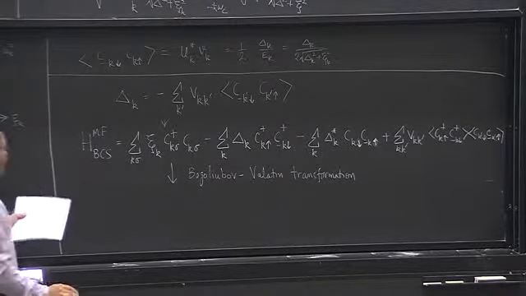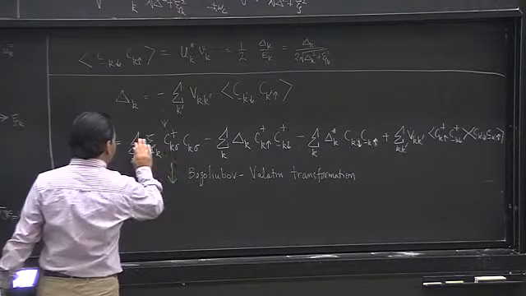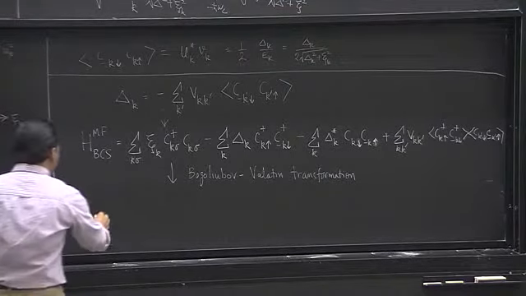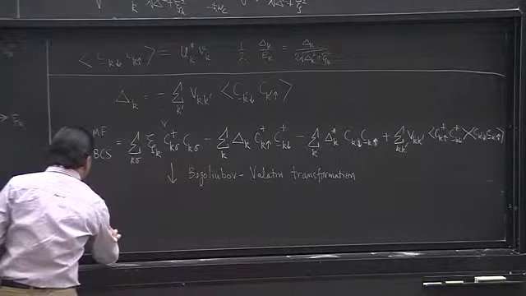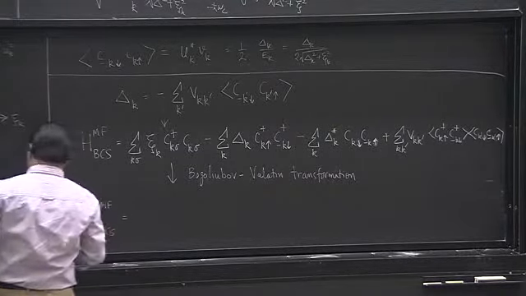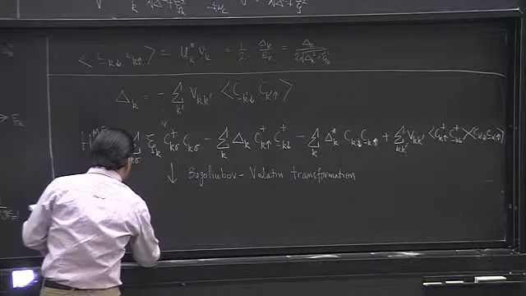And what we would like to do is, first we will recast this Hamiltonian in a matrix form. So I can write down this Hamiltonian as sum over K